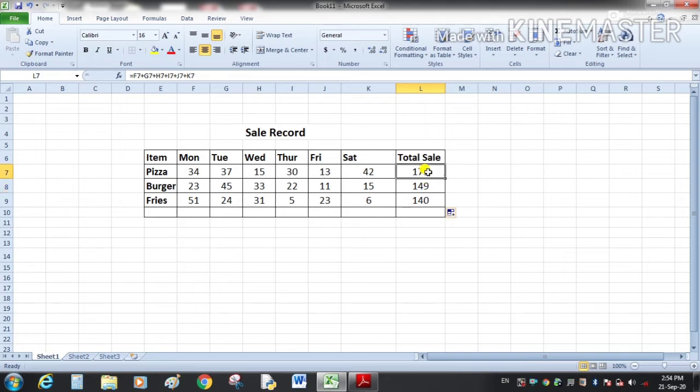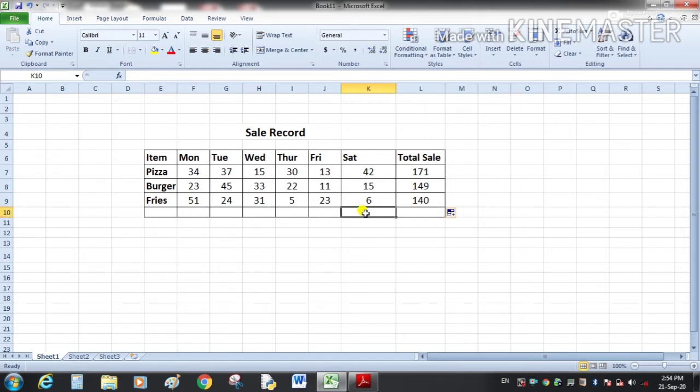Once again, see here we are performing the addition of different values which are in row number 7. Here we are performing the addition of values which are in row number 8, and here for row number 9.